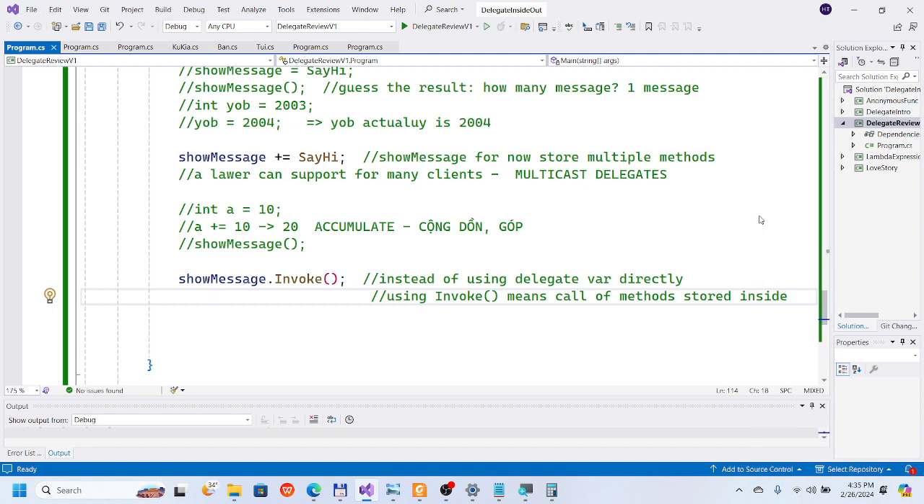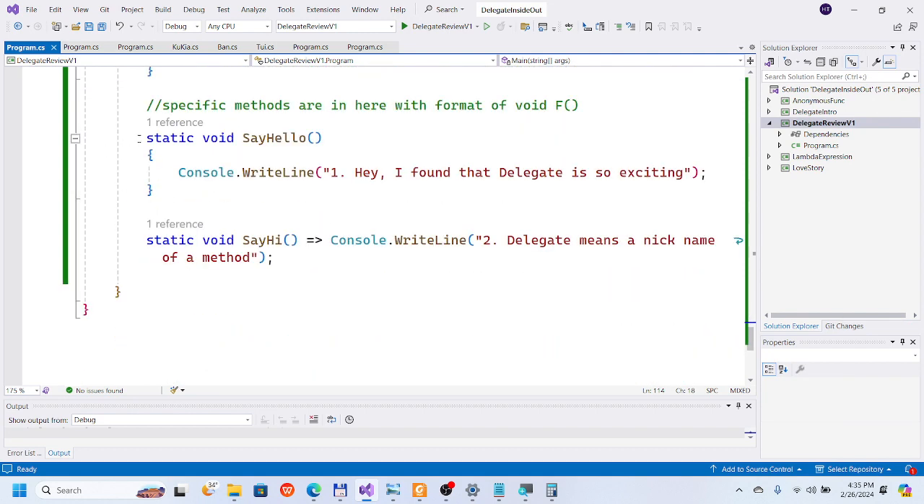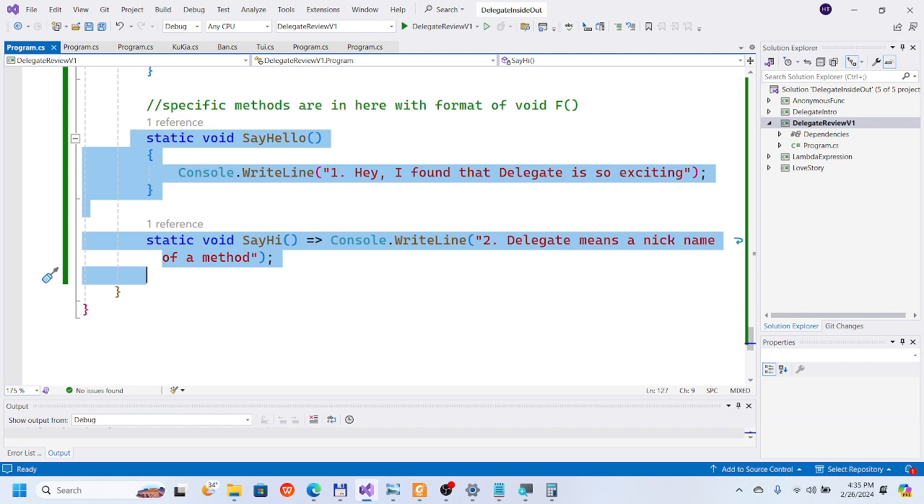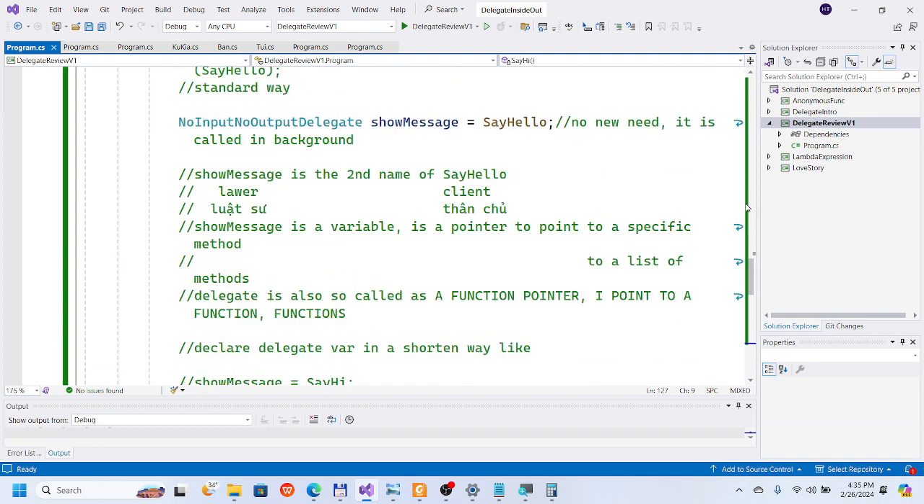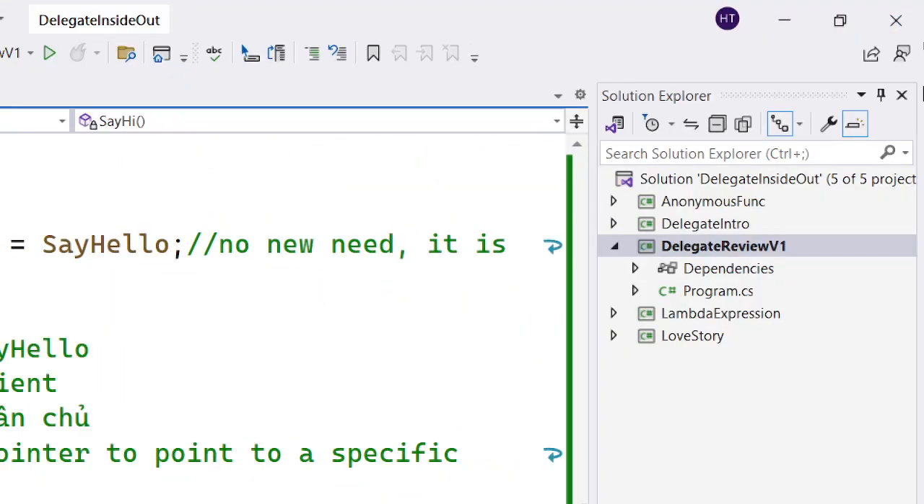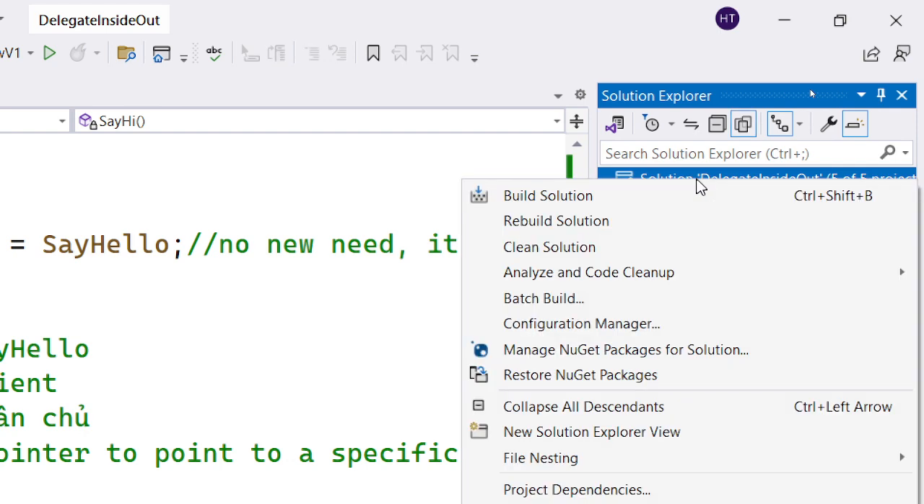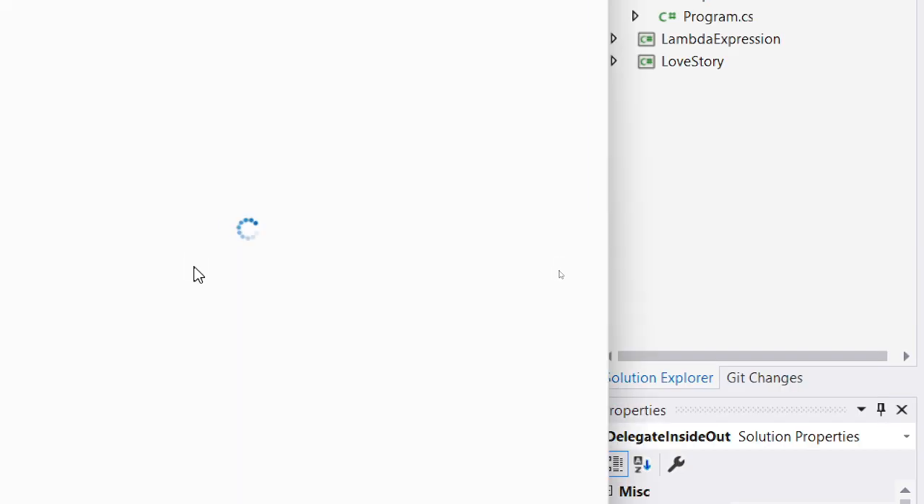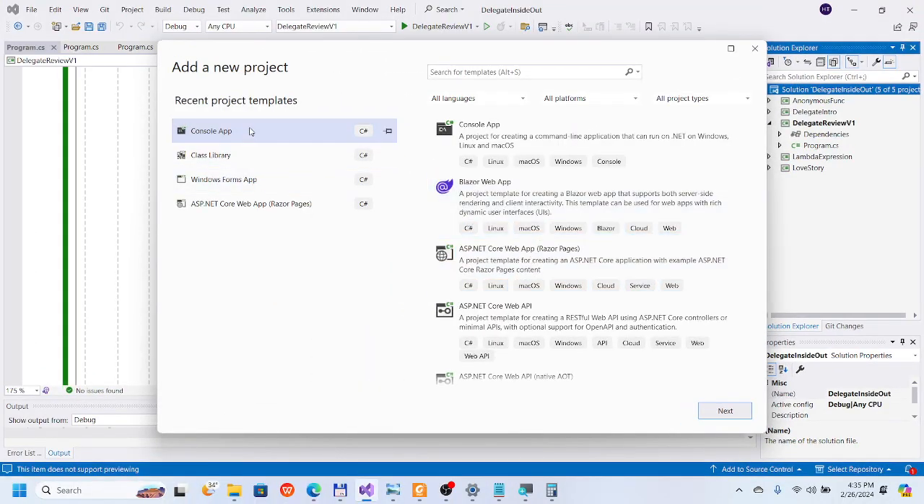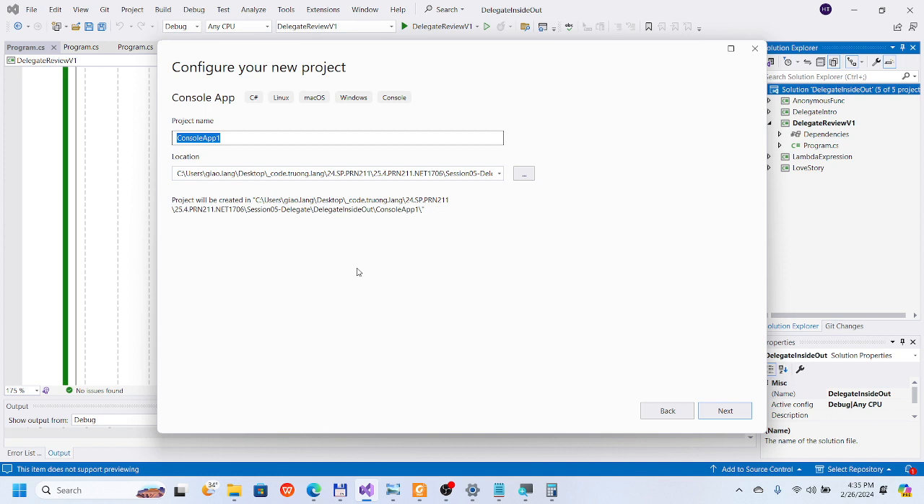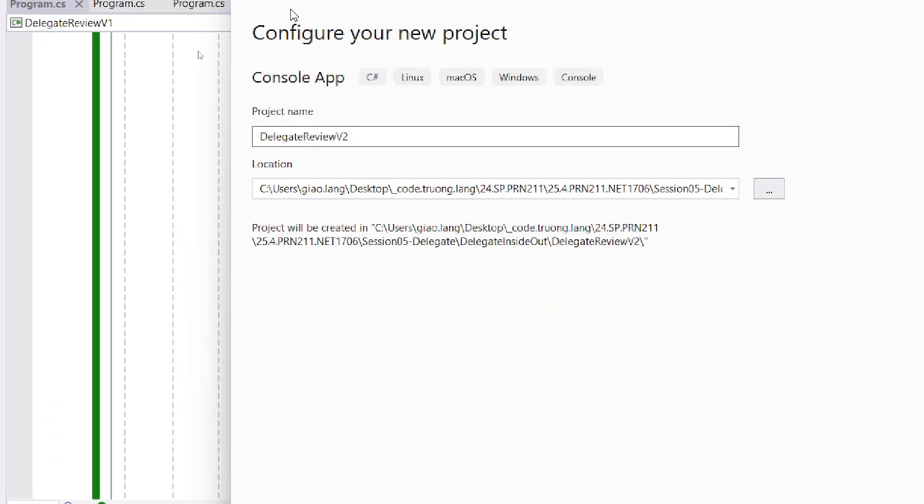Now we move to the second version. Just copy this one, but add a new project to work with the new feature of delegate. Now right click on this. Add a new project. We name the new project delegate review version 2. Create a new project, delegate review version 2. Next,